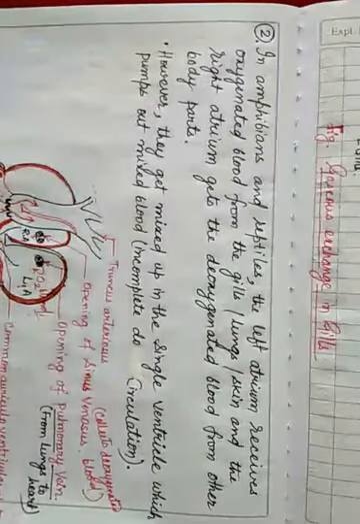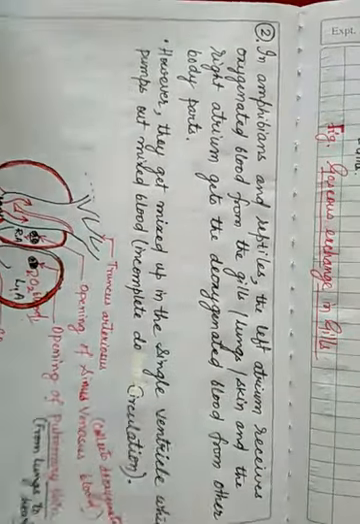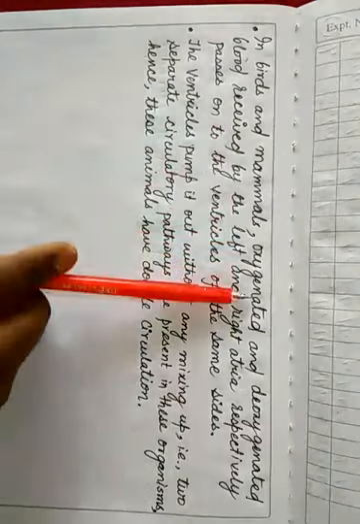So that is written all about this, you can read here. After that I will move to the birds, mammals and crocodiles. You know, crocodiles will be included here. So birds and mammals have a completely separated structure to pump deoxygenated blood and oxygenated blood. That's why we say they have a double circulatory system. So we will discuss that.